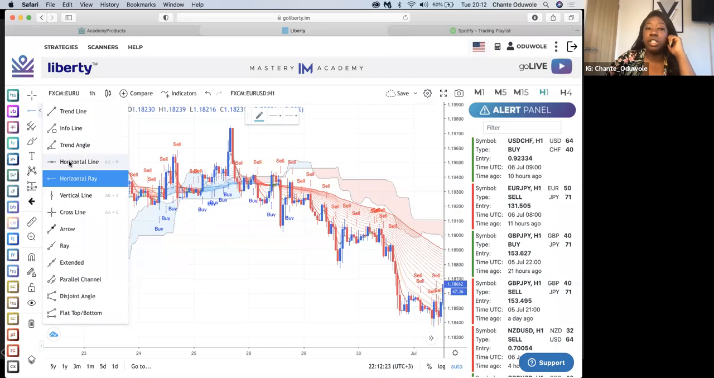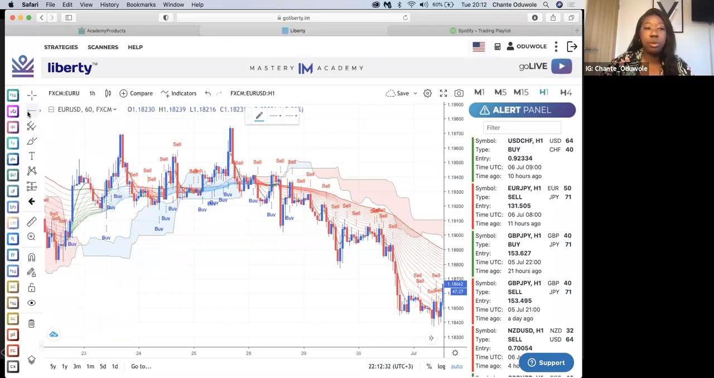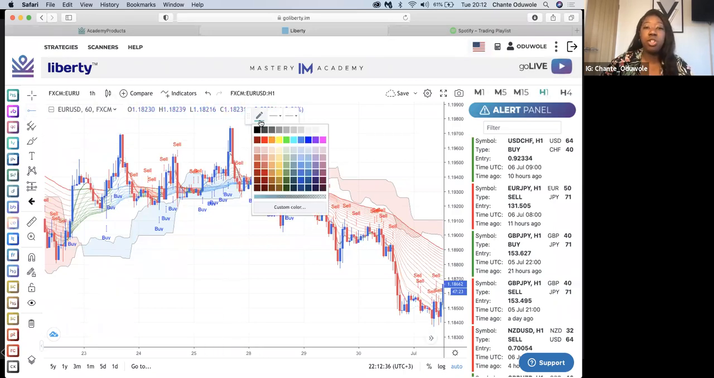I don't always like to use horizontal line because it puts lines across the whole page. I actually like to use horizontal ray. So I'm just going to click horizontal ray, and as you can see, it will just have a circle at the end and a line through it. Okay, and I'm going to change it to be red because I'm going to be marking up my ceiling,